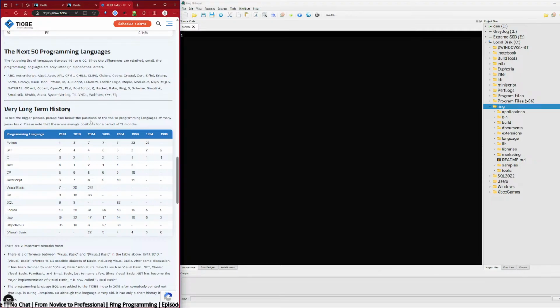Average positions for a period of 12 months. Python, C++, C, Java. I don't understand how you would assess SQL in there, though. You could convince me of everything else, I guess, over the last year, but still.